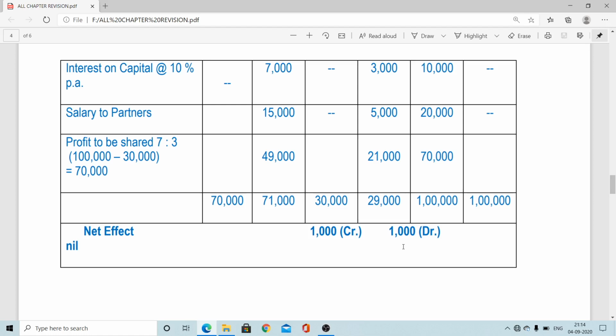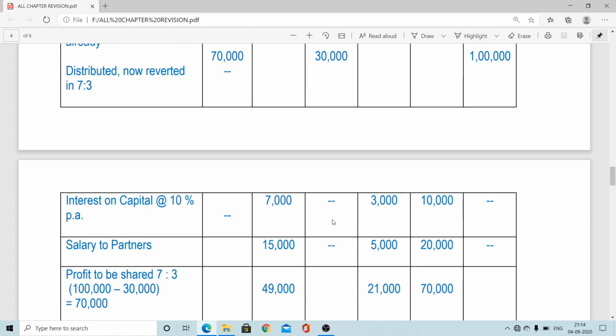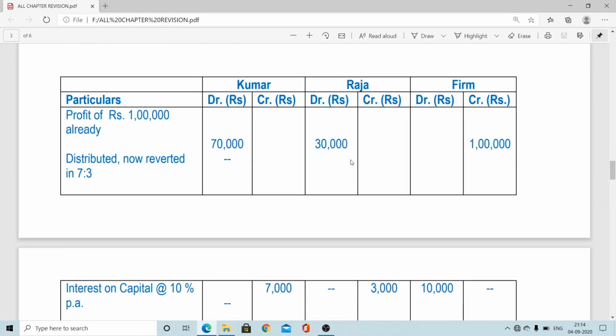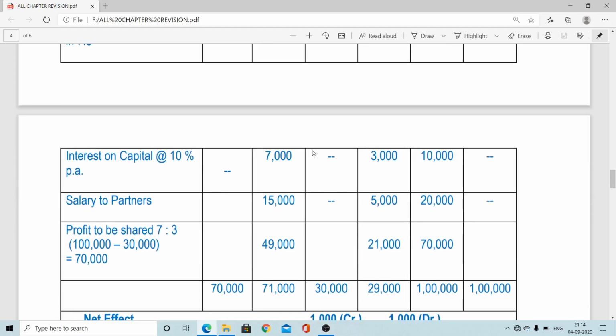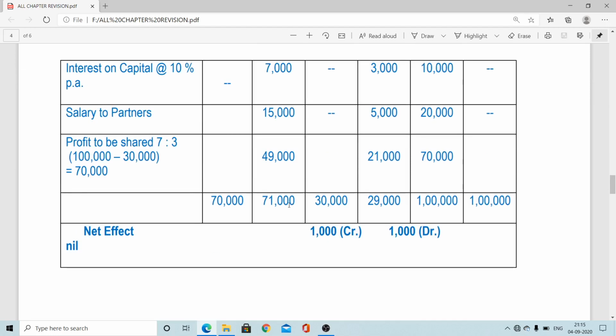Shortly we can solve. Otherwise what will happen? The partners first will return these rupees. It will take time. Again we may have to make a revision of the P&L appropriation account, interest on capital. Again you have to distribute the profit. So without doing that, just with the help of a scientific method, we can find out what will be the net adjustment in that mistake, like who has taken more and who has taken less. So that adjustment we can do in this way here.